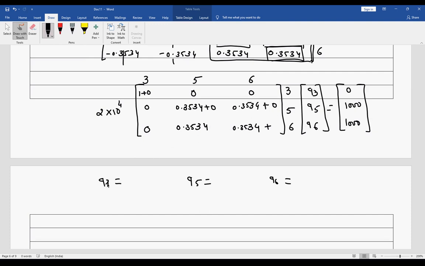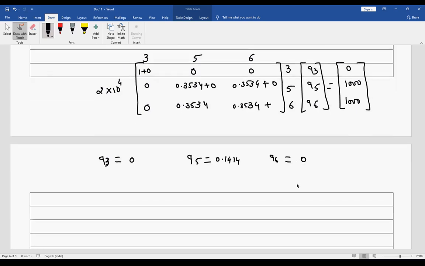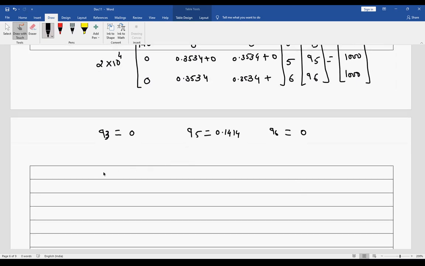So that Q3 is coming 0. Q5 is coming 0.1414 and my Q6 is coming 0. Okay, fine. No issue. So now I can get the sigma 1.